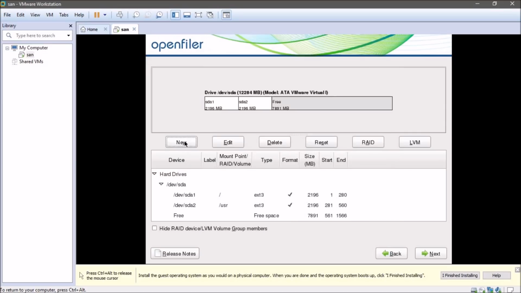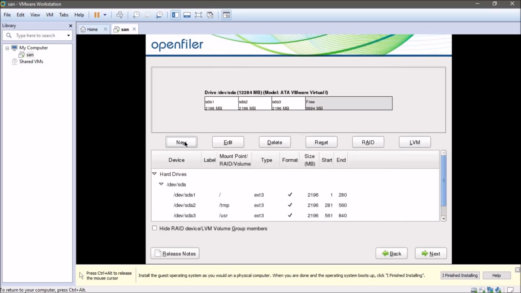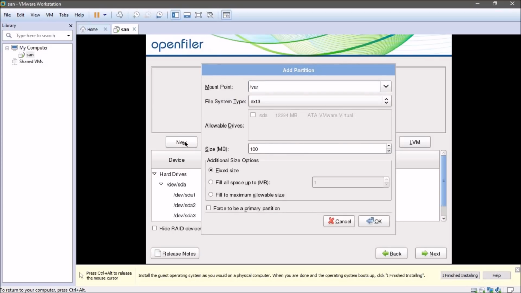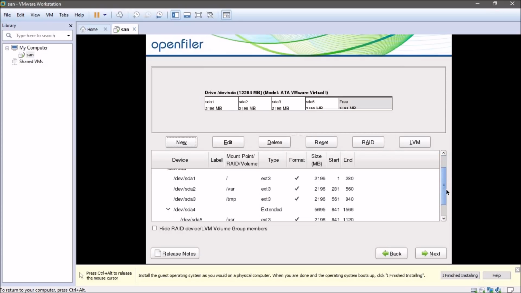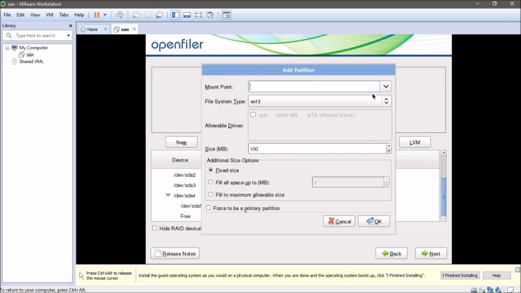It is pretty similar. It looks like what we use in the Linux operating system. So how much is the leftover space? 3 GB. I'll fill it to the maximum allowable size. It is basically recommended,